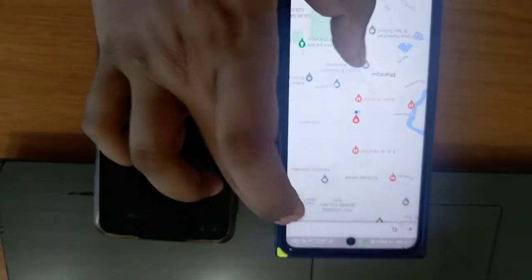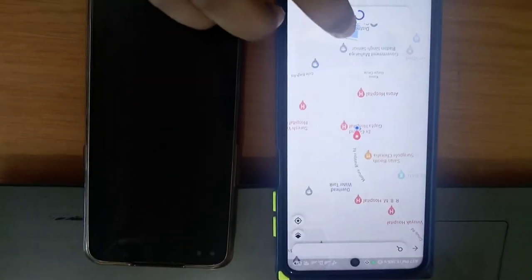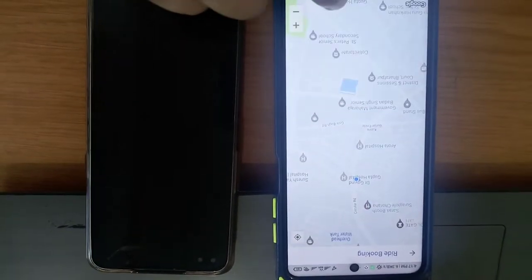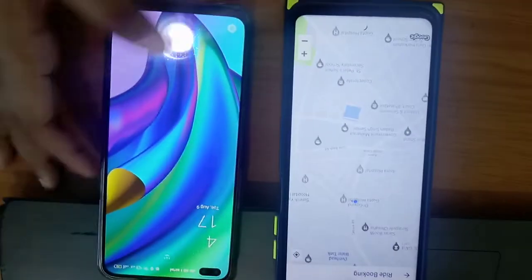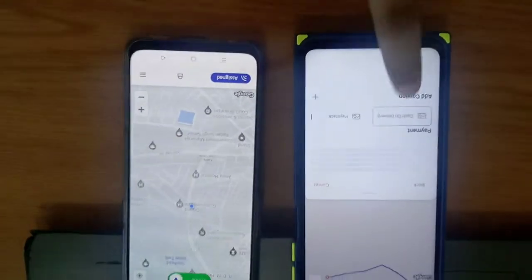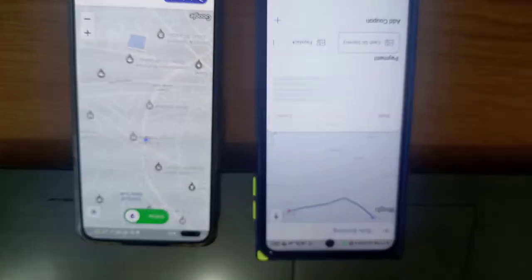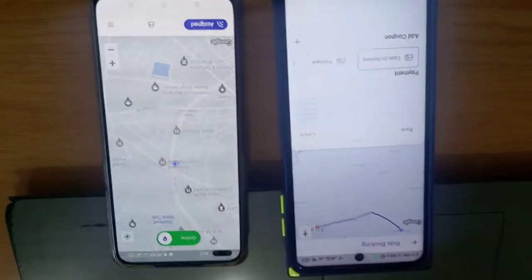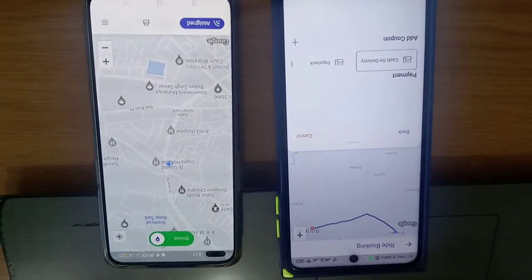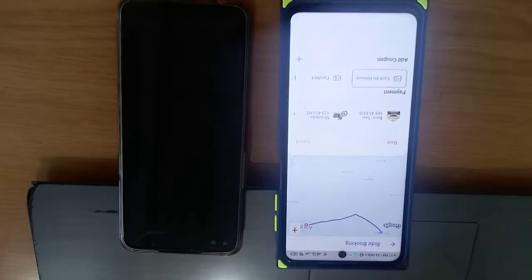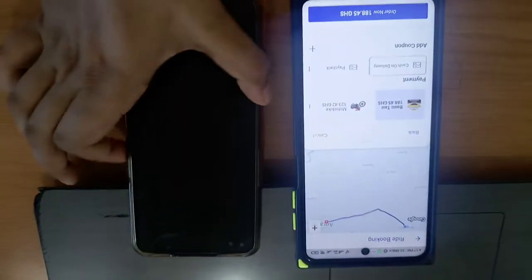This is my user app. And I'm making a taxi booking now. So now I click on basic taxi.